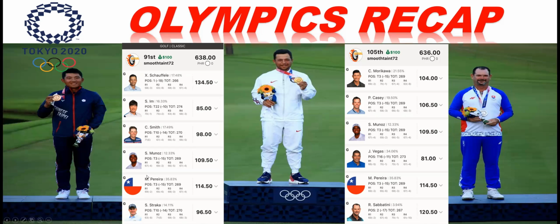I did have Munoz as a pick. I had Mito as a pick. Of course, Cam Smith was a pick. I picked Morikawa over Xander, and of course had Hovland in there. He didn't come around till Sunday. Trying to think, I had Johnny Vegas as a pick. So I picked 10 guys, and the 10 guys I picked, of course, that's what I built these lineups with, and then sprinkled in